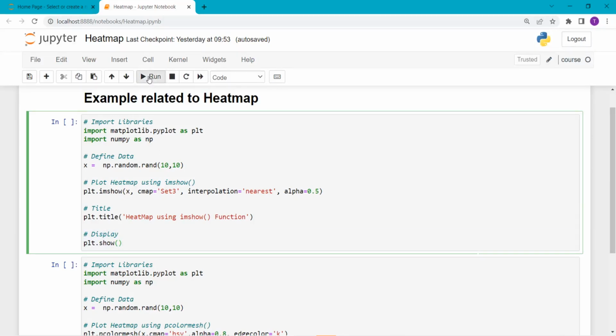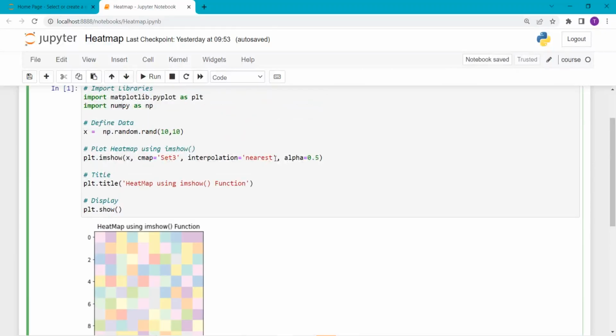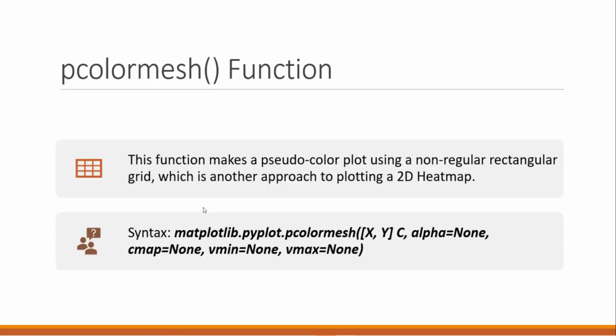So I execute this code and here is the output. You can see that it shows small square boxes inside the plot with different colors. So I will show you what will happen if I change the interpolation value. Now I change it from nearest to bicubic and I execute this code and you can see that the plot gets changed. So now we will move to the next function, that is pcolormesh function. This function makes a pseudo color plot using a non-regular rectangular grid, which is another approach to plotting the 2D heat map. And the syntax for this function is